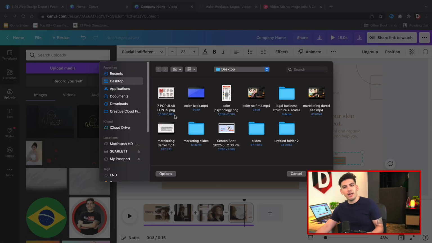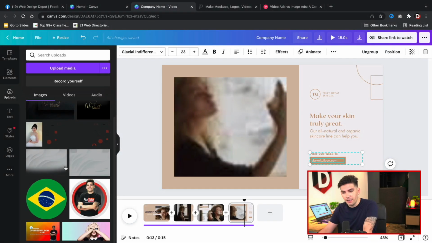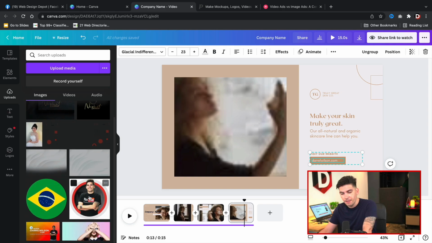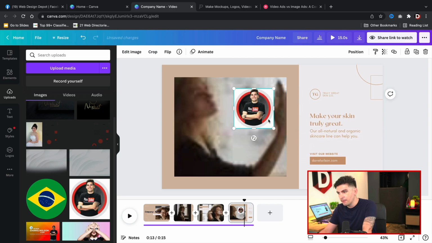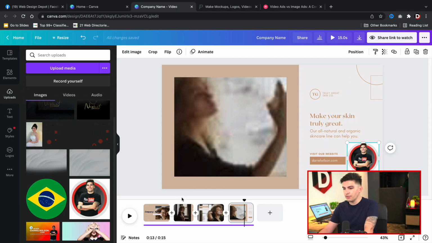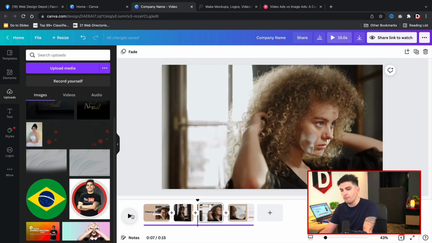Now this is where you can insert your logo. You just find it on your computer, and then you can upload it to the website. However, I already have an image here that I've used for one of my clients, but we're going to use this one. We'll shrink that down and put it right there. There we go. Let's step back and play this one more time.